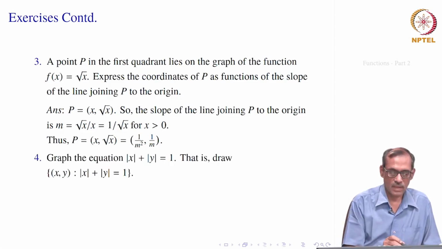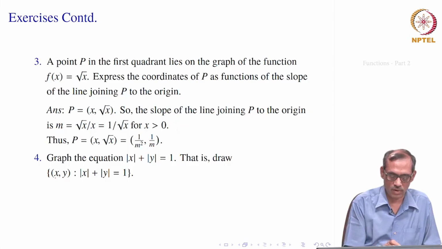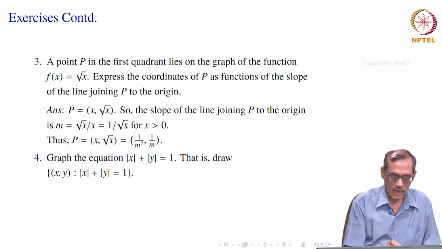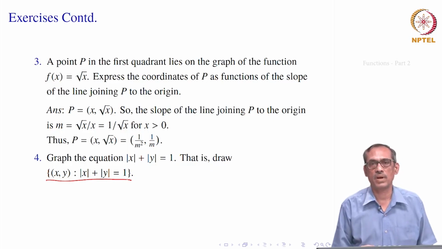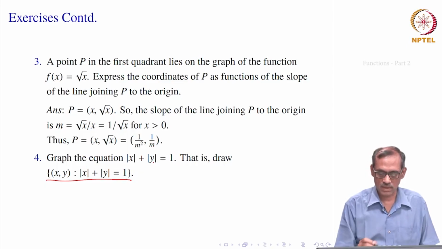Okay. So, let us look at the next problem. It asks to plot the graph of the function which is defined by mod x plus mod y equal to 1. It is really an equation. So, that means we want to find all those points satisfying this equation, mod x plus mod y equal to 1, and we have to plot this set of all (x, y) such that mod x plus mod y equal to 1. So, at some places it will be y equal to a function of x, but in total it may not be a function, like your circle.